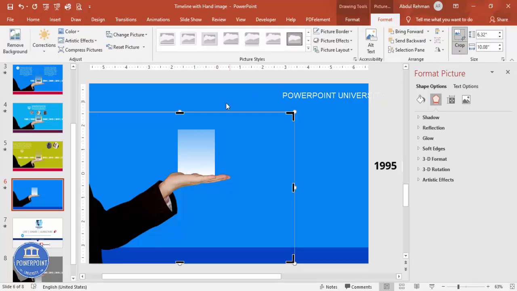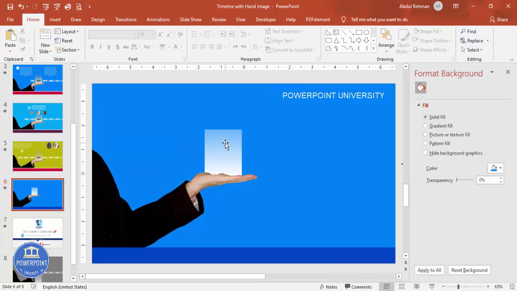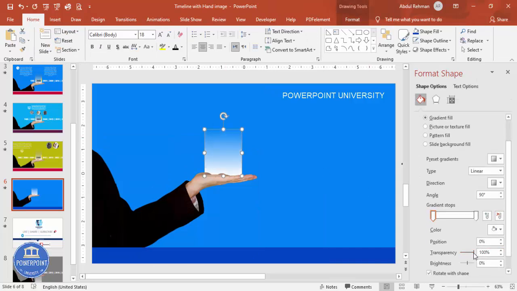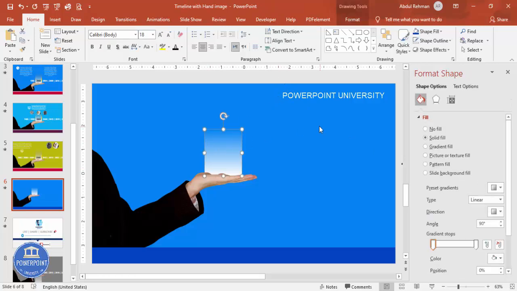So for this, let me just crop this one so that I can, let me just crop it properly, yeah, till here, and this also I'm going to crop it. So now I am able to select this, and then this one also I'm going to make it more transparent, 100%. All right, and then this animation I'm going to add it.